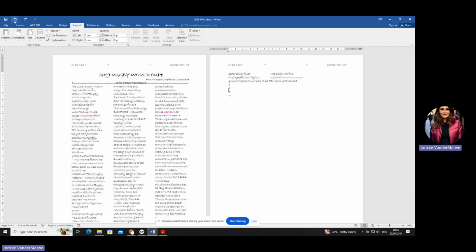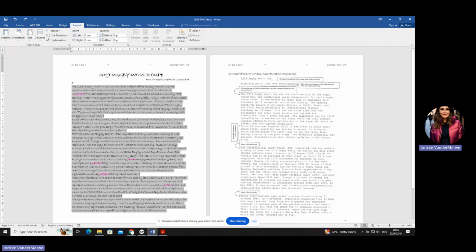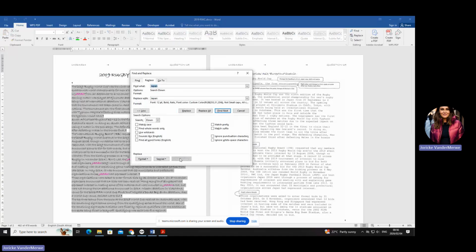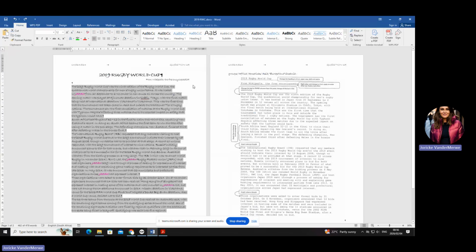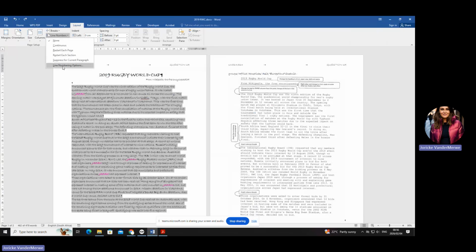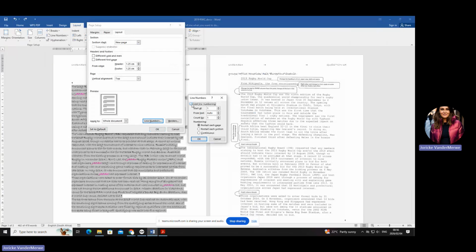Or you can press the Undo button, but the Undo button is a little bit fragile, because sometimes you've already done so many other steps that you can't undo it. So rather also have another way of undoing the step you've done. For instance, when we did Find and Replace, I showed you that if you've done it in the wrong place, you must go and say No Formatting. Do you remember that? That's also a way to undo something. The same with the line numbering. When I showed you the line numbering, I said if you didn't have the line numbers in the correct place, you had to take them off by pressing that button.